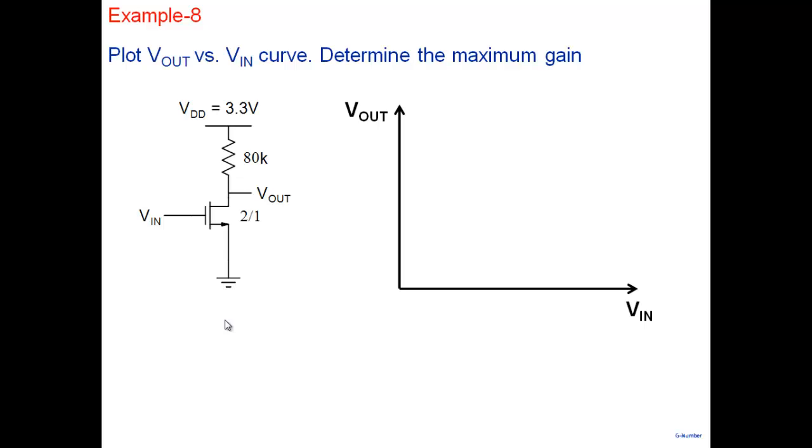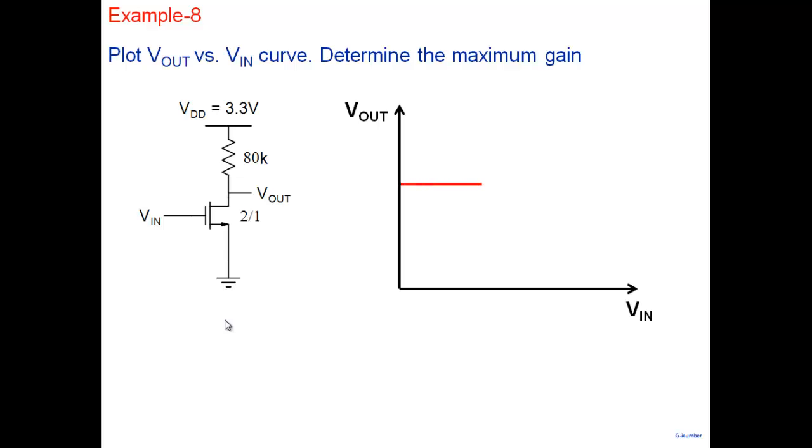How will the characteristics go? Vin is 0. The input voltage is less than threshold voltage. Transistor is off. The output voltage is 3.3. So output voltage is 3.3. It will remain 3.3 till,